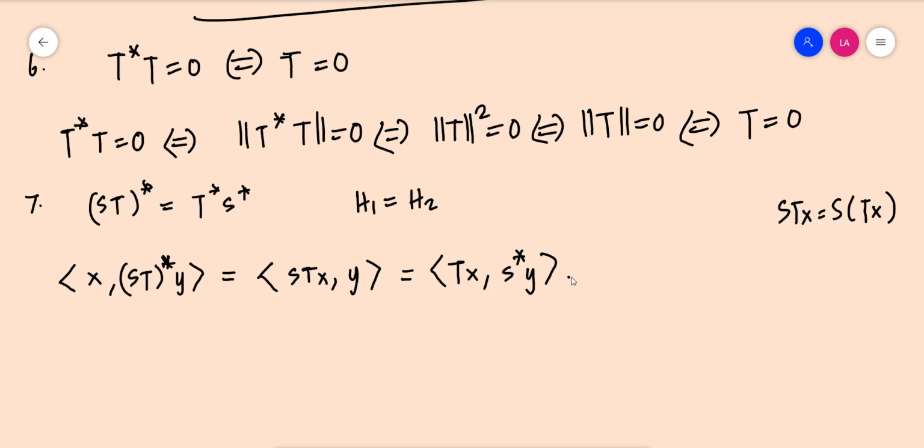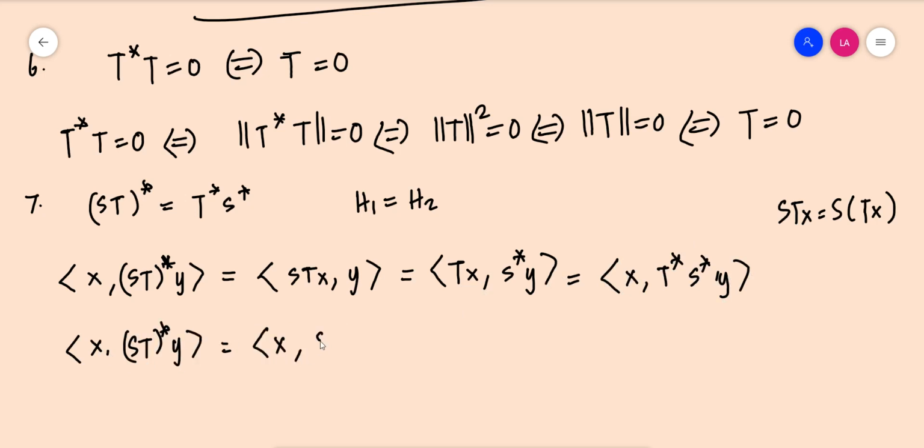Now again applying the definition of Hilbert adjoint operator, T star is the Hilbert adjoint operator of T. So this can be written as x, T star S star y. So thus equating, inner product x, (ST) whole star y should be equal to x comma T star S star y. Now equating using 3.8.2, we can equate